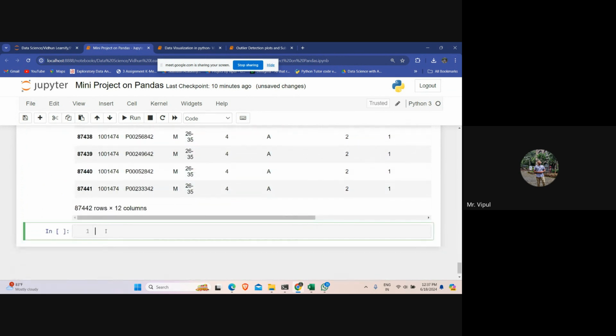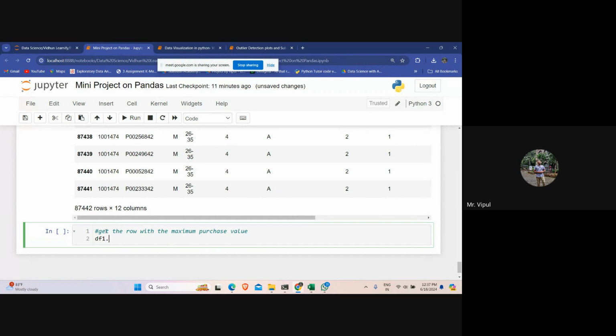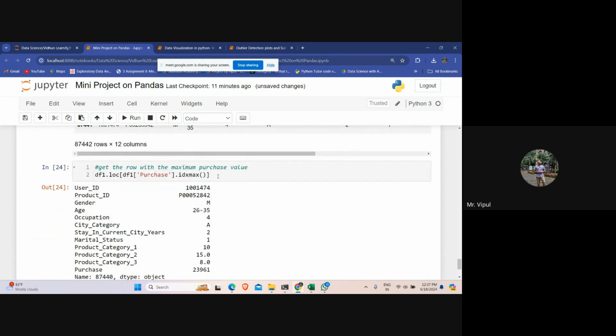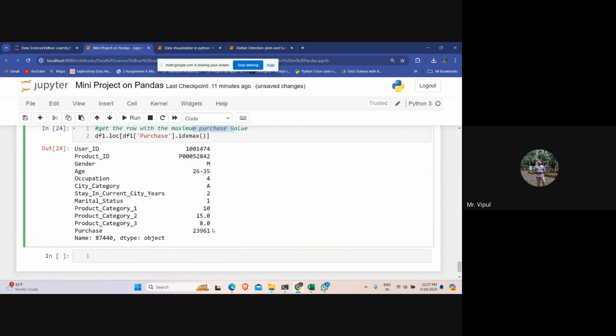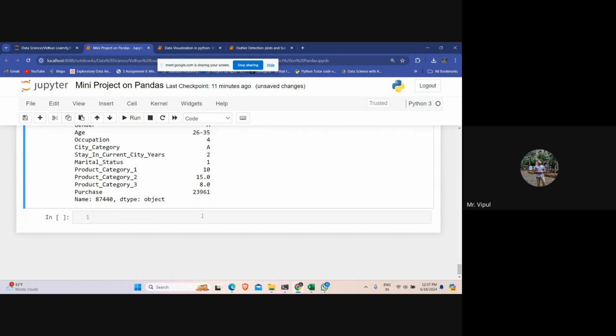Now what we want to do is we want to get the row with the maximum purchase value. So df1.loc, df1 of purchase dot idxmax, open and close bracket. तो देखो ये परचेस के लिए मैक्सिमम वैल्यू का कौन सी है, वो अपने को मिल रही है वहां पे, राइट. And this is what we can do. Then what we can do is,